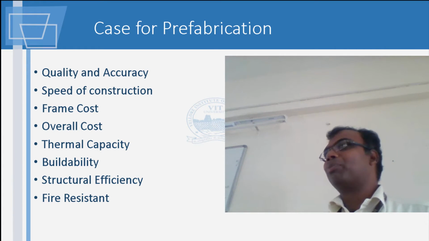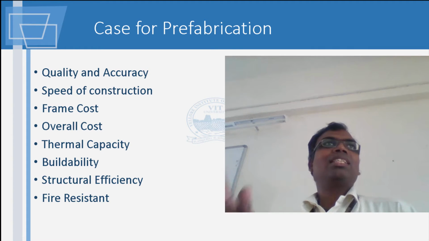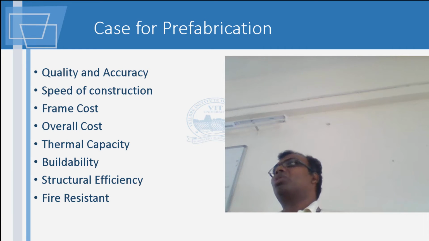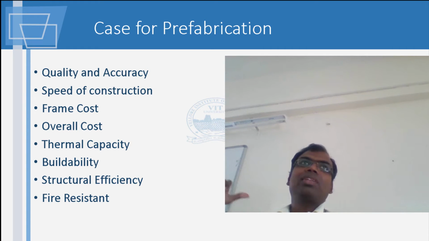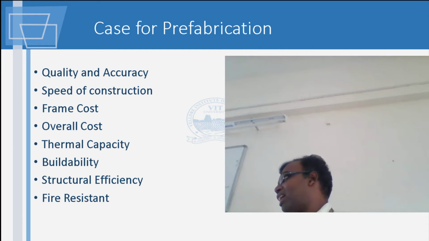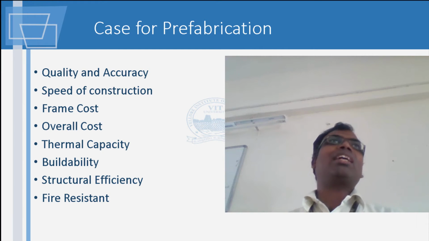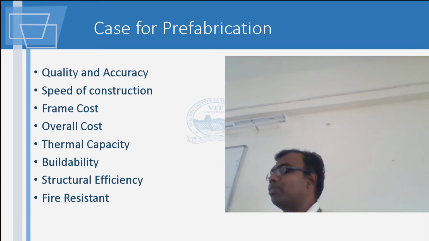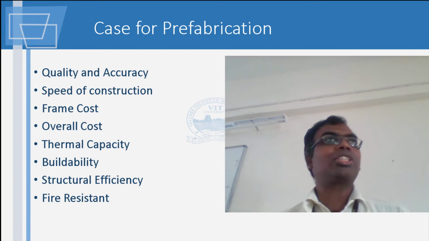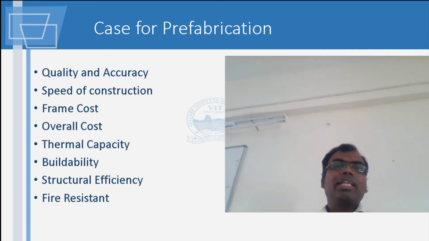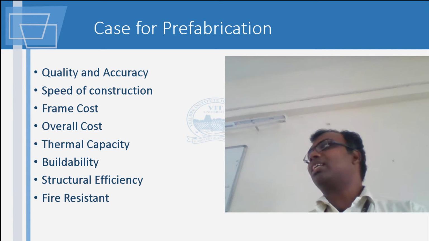So what I want to make a point at this juncture is that you will find that all such excuses are totally going out. All of these units are machine assembled or plant assembled. They are all done in a factory. They are under very tight quality regulations, very closely monitored inspection, and quality control is also good. So whatever you look at, it is much better than any other.